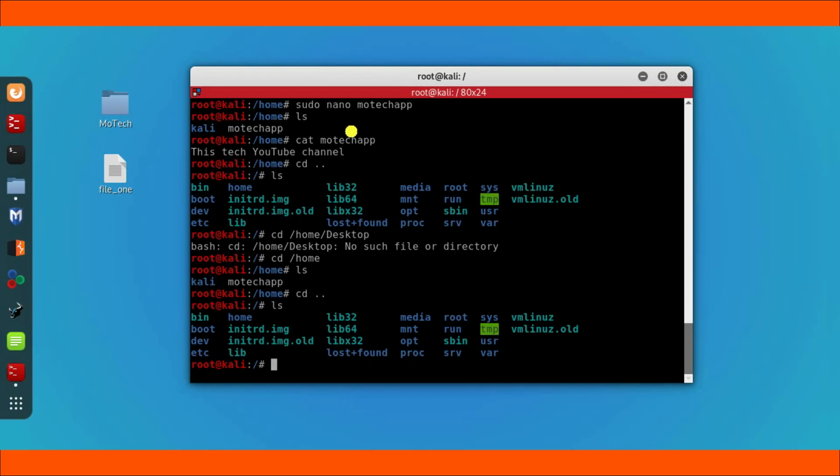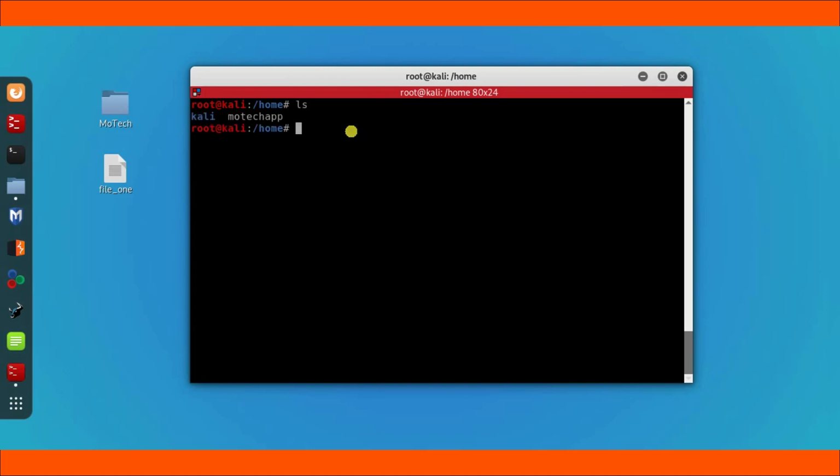So what I'm going to do here, I'm going to create a file. Let me create one file here, sudo nano